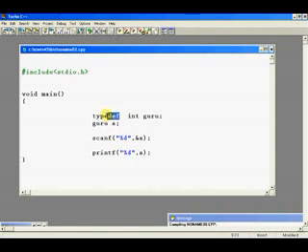Basically, the first one is typedef, which is used like a keyword. Then it's int, which is the existing data type. And the last one is the new data type that I am going to create, which is Guru. Now I am going to give one variable to the Guru data type, and take one value from the user and print out that value.